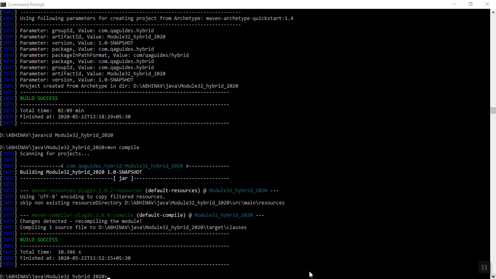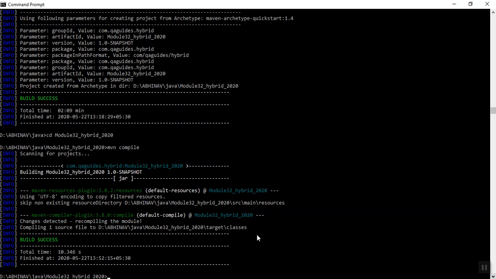This command will read our pom.xml and download all the jars which are required. In your case, a lot of downloading will happen if you are doing this for the first time. On my PC, I have already done multiple Maven projects, so all these jars are already present. It didn't download anything and showed me build success. Now we have to convert this project into an Eclipse project so that we can use it in our Eclipse.